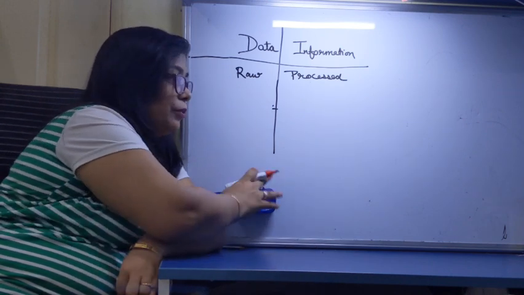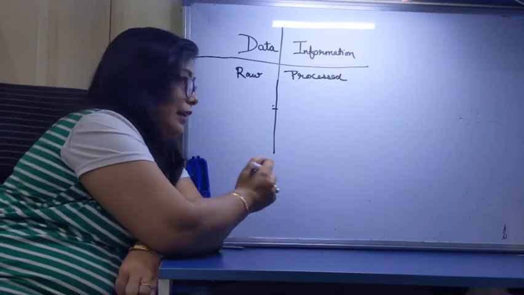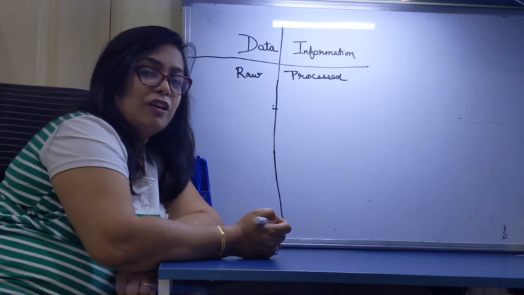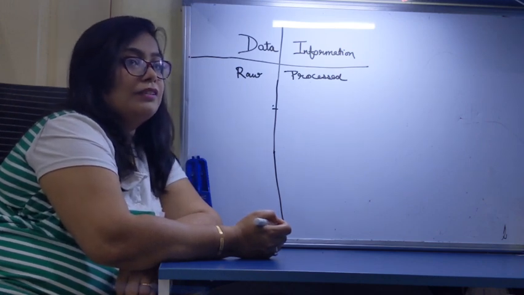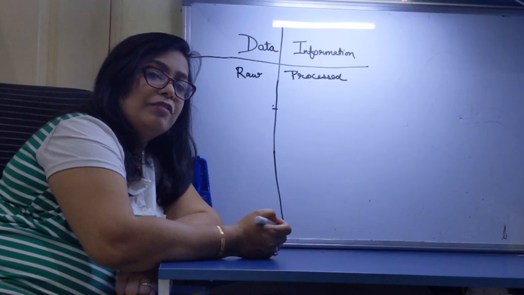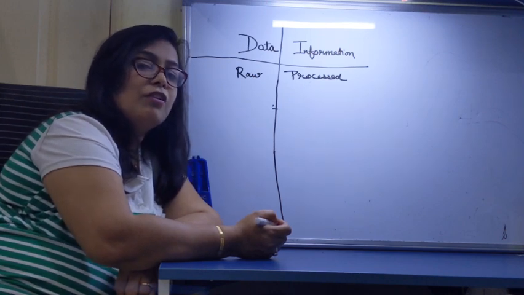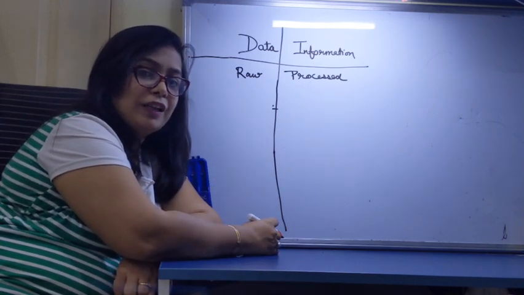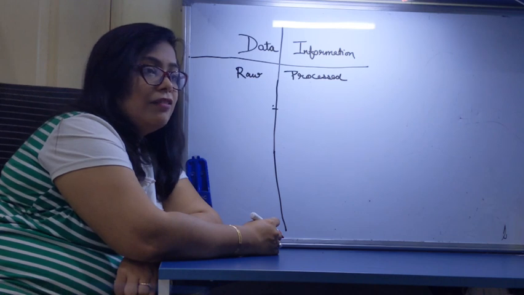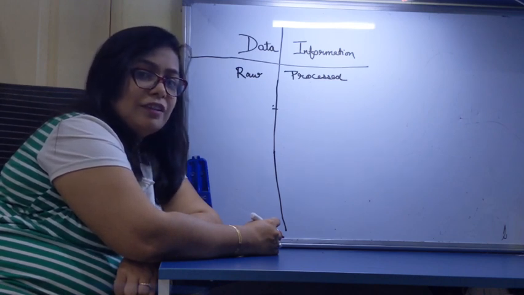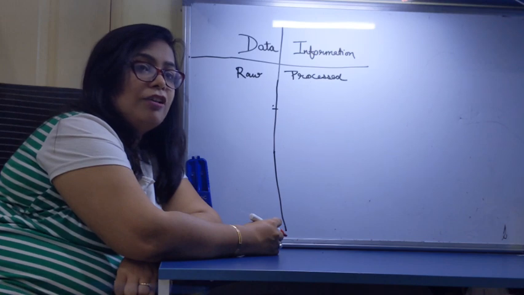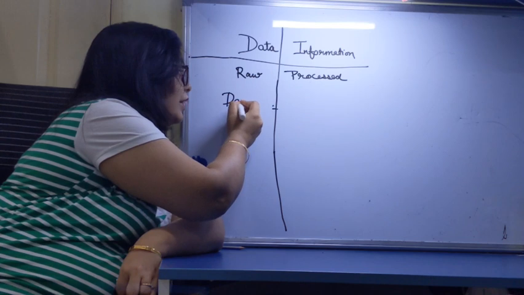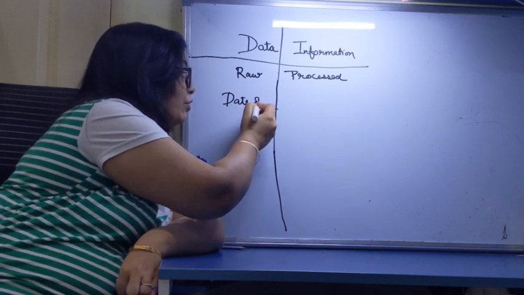Now, since it's a computer subject, let us understand what we enter as data in the computer and what is information. When you have to make a flight ticket or a railway ticket, what do you have to do? You have to go to a particular website, which is the platform where you can make your tickets. Then what you enter is the data. So what is the data then? The date of journey. You have to think of a date of journey: when do you want to proceed?